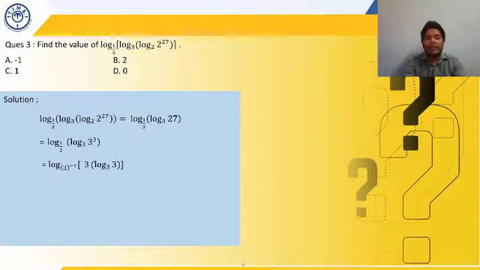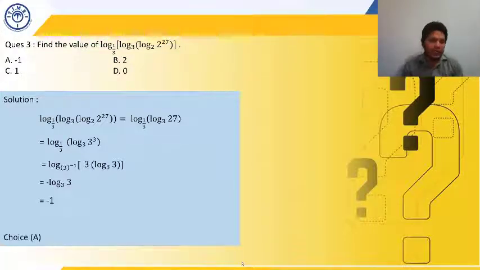And in the starting, log base 1 by 3 is given. What is 1 by 3? It is 3 to the power minus 1. So we can write it as 3 to the power minus 1 as well. The base power can be taken outside: 1 by log base a to the power m of b. We can take the power of that number directly outside, but from the base, we can take the power by doing the reciprocal. So we can take minus 1 power. 1 upon minus 1 is minus 1 only. So it will become minus log base 3 of 3. And what is log base 3 of 3? It is 1. So the answer is going to be minus 1.